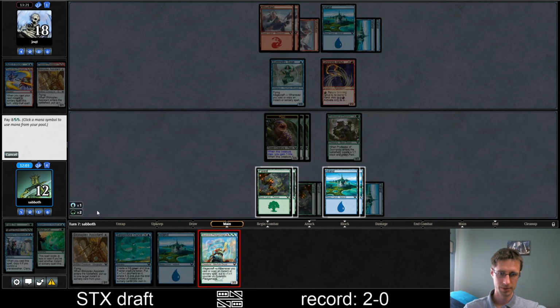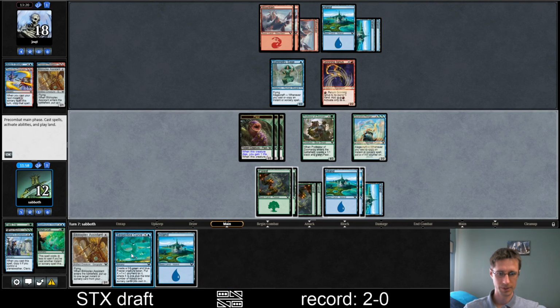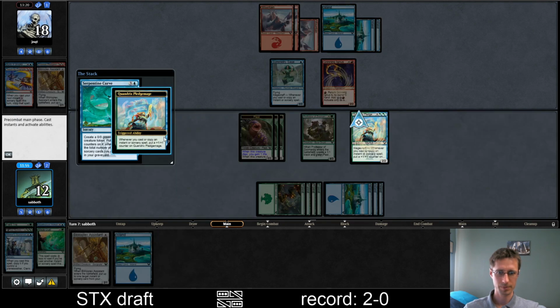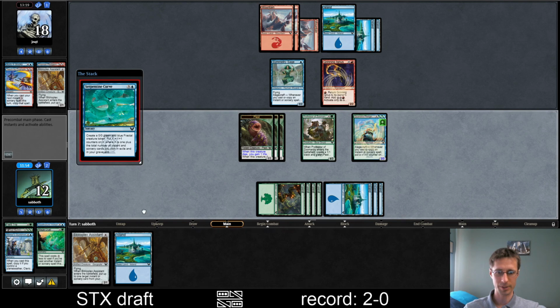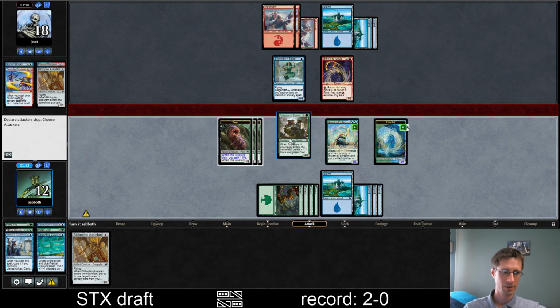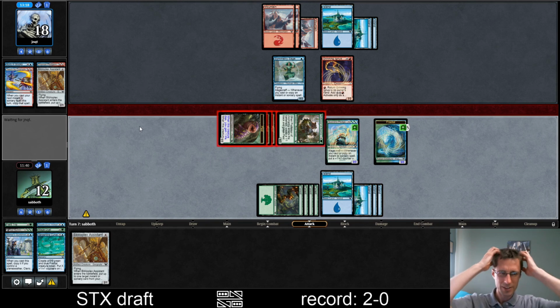I'll get this Quandrix dude down, and then we'll go Serpentine Curve. Not a big reason to do this now, but just do it anyway. Island, why not? And bring it. I'll attack with everything because if they do have a spell...